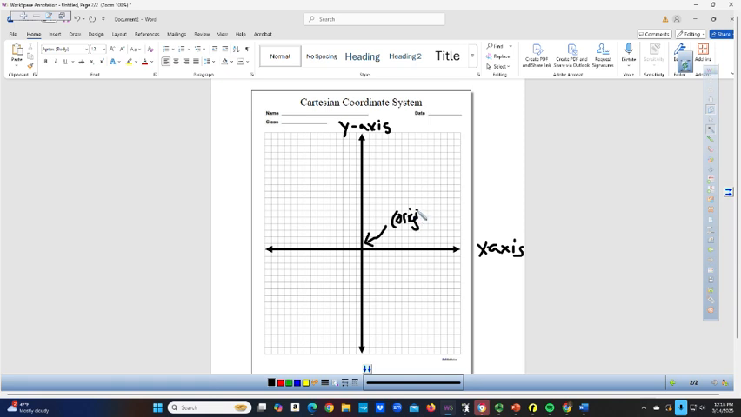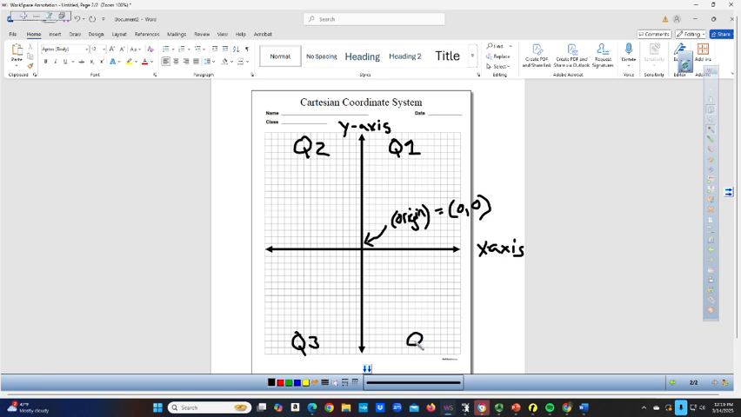Origin, you spell it correctly. The origin is located at 0, 0, because it's dead right in the center. There are four quadrants because it's split into quarters. Your first quadrant is right here. This is quadrant 1. Then it's quadrant 2, quadrant 3,